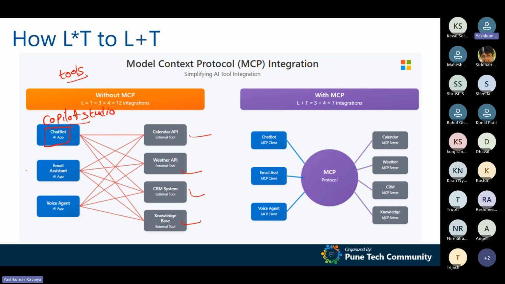Another one is my host server, which contains a mobile application written in Kotlin or any other language. And this one is my VS Code. Basically, if I want to integrate VS Code with my calendar API, I need to write custom code and integrate it. I need to write custom code to integrate a weather API, or a Dynamics 365